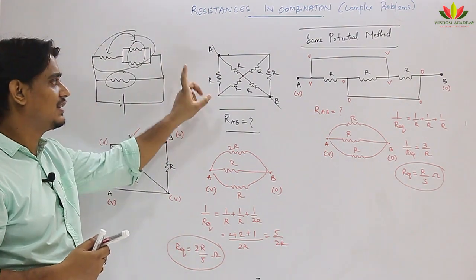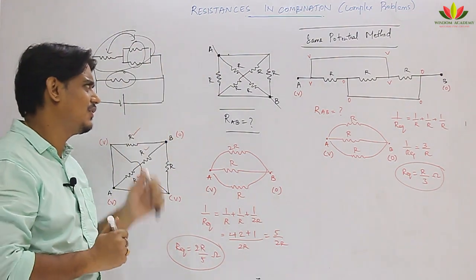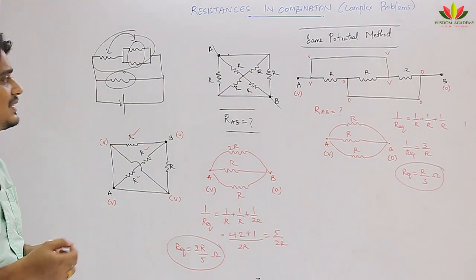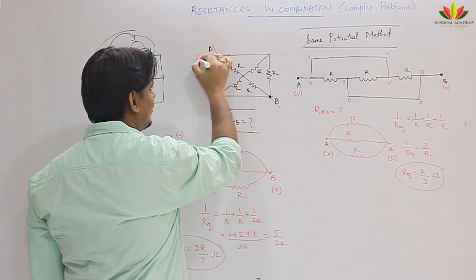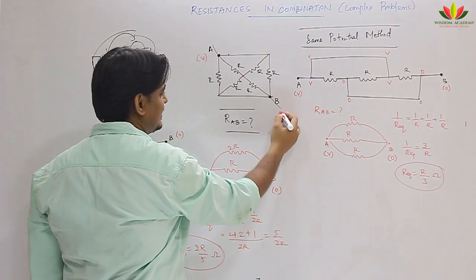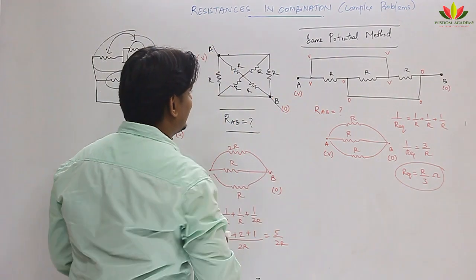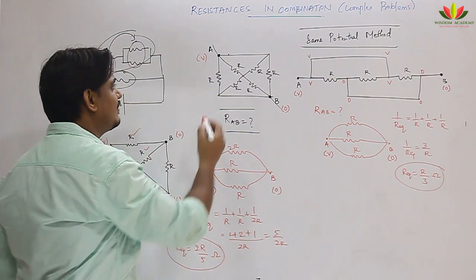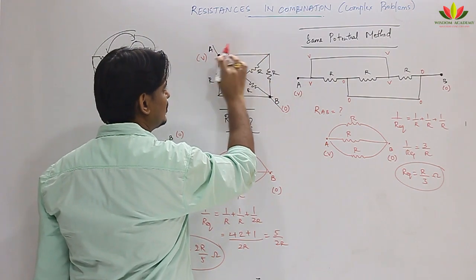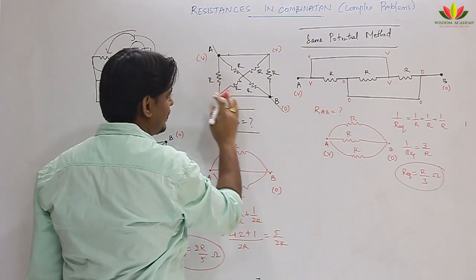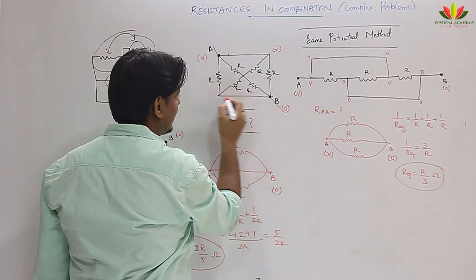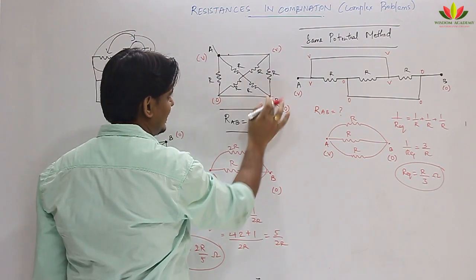Now let us come to this question. I know you are wondering why he is not solving this question. Let me solve it now. Why I was not solving this question is because here a little bit more confusion will come. See here, this point is A, I am assuming to be V. This point is B, I am assuming it to be 0. Then what are the points of same V? This way, no place, no appliance there. So here I can write V. But nowhere else I can write V. Here I can write 0, but nowhere else I can write 0.